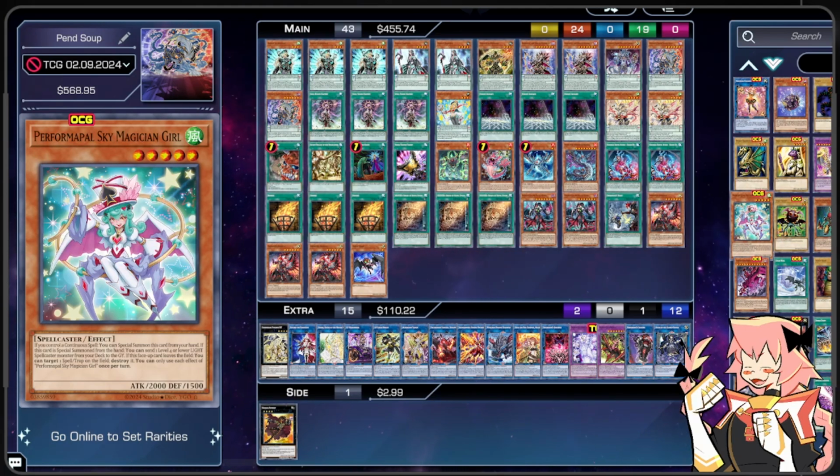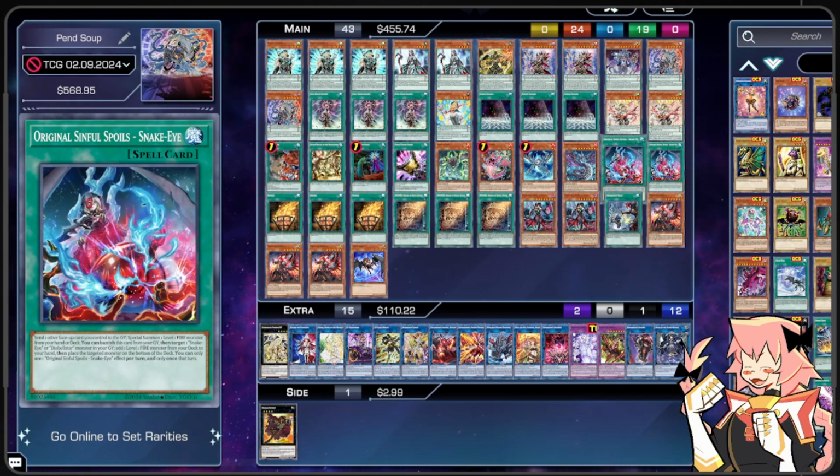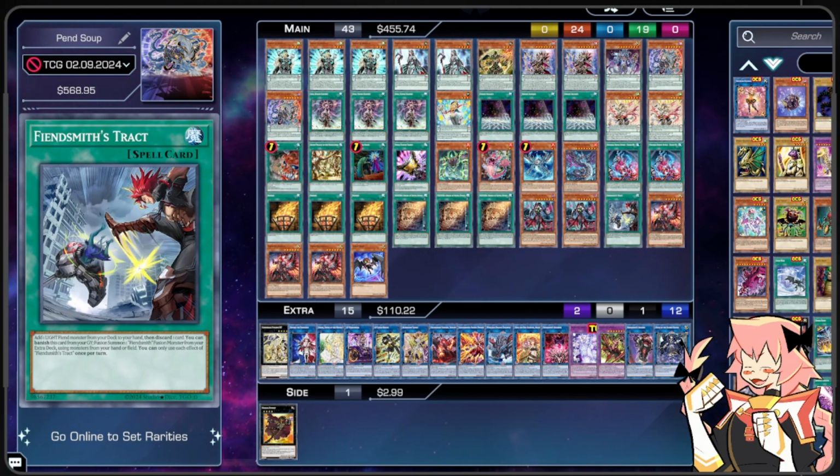they weren't able to activate enough spells in order to consistently put enough spell counters on my pendulums to actually get the benefit out of them. And I was thinking to myself, what deck has guaranteed access to at least 2 to 3 spells? And Snake Eye does. We have our Wanted, we have our Bonfires, we have our searchable OSS, we have our searchable Fiendsmith Tract, and with all of this, I found this has been super consistent in terms of getting your